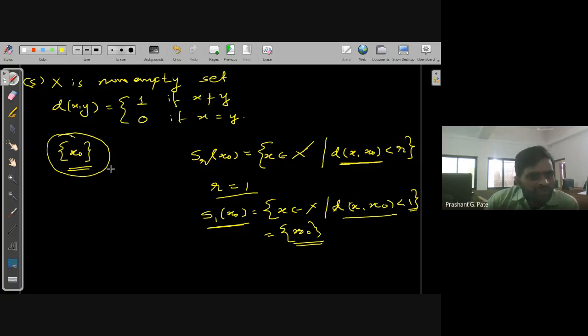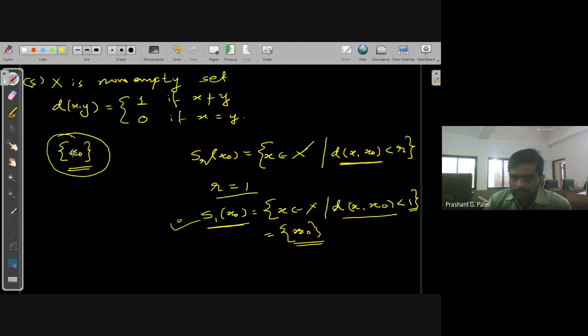Because we need to check for this point x0 whether there is at least one neighborhood of x0 which is entirely inside this set. That we have. This is the neighborhood S_1(x0), which is exactly {x0}, and is inside the set {x0}. So that's why this singleton set {x0} is an open set in this discrete metric.